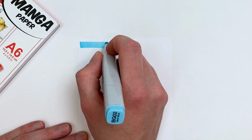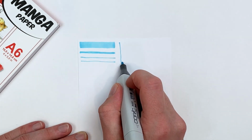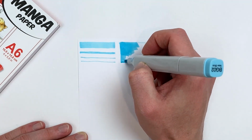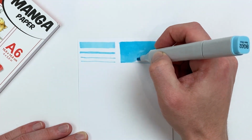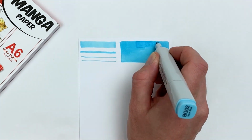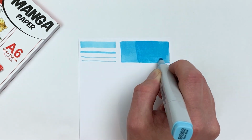These alcohol-based markers feature two nibs, a chisel tip which is great for large areas, and a bullet nib which is great for detail. In order to avoid streaking, you'll want to fill in areas with your marker fairly quickly as you want to interact with that paper while it's still wet. In order to build value or create darker colors, however, you're going to want that base layer to fully dry